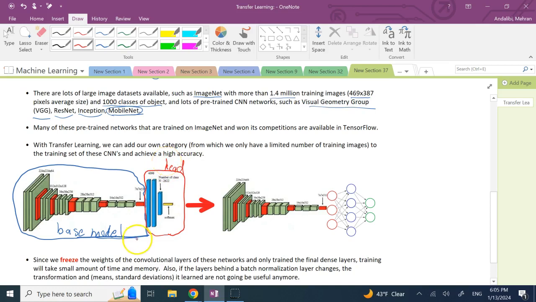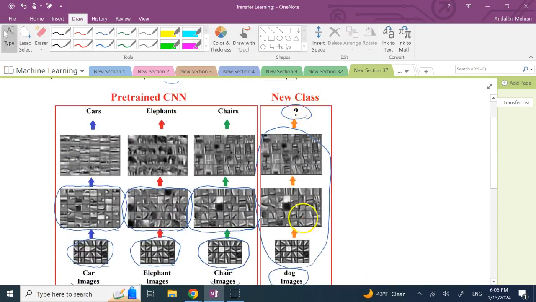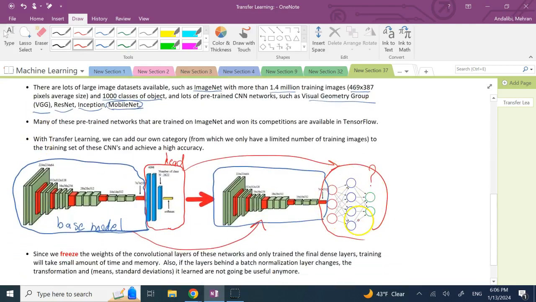So you see, as we go from here to here, we keep the base intact, but replace that head part with some new thing, and all of these weights are now unknown, but by passing these new training and test sets for these new classes of data, we hope that we can train them to do a proper classification. Okay, now